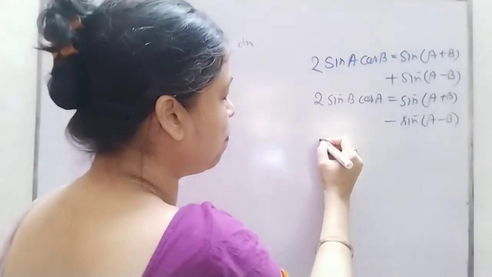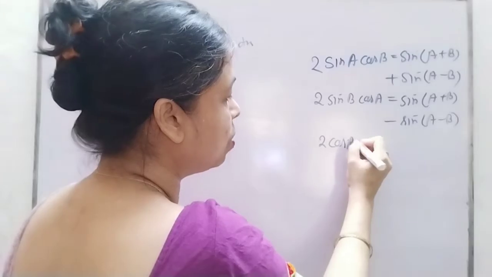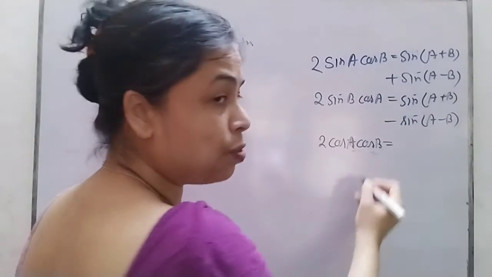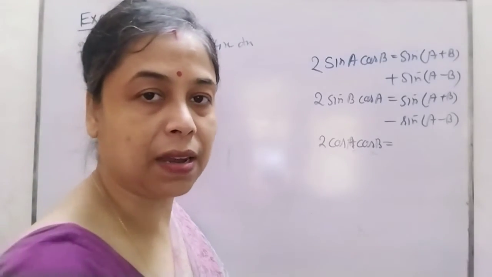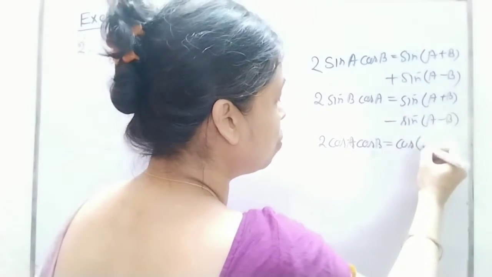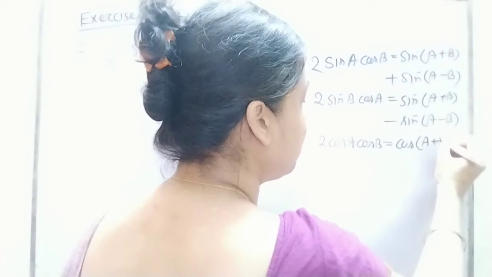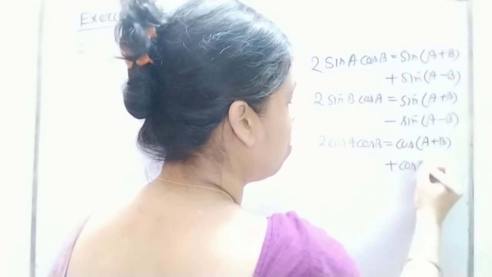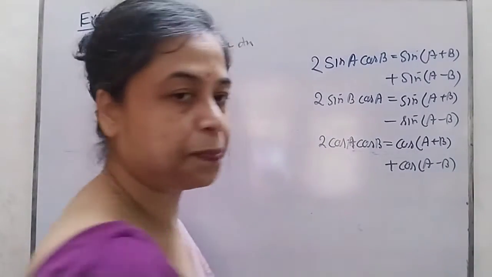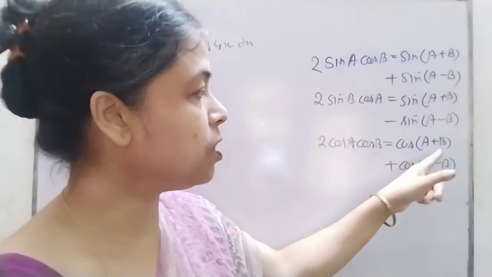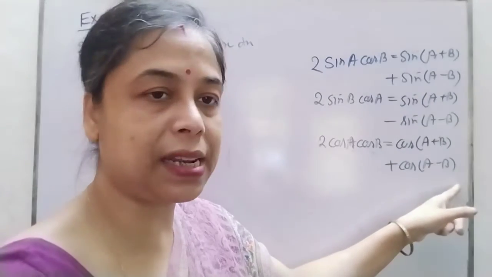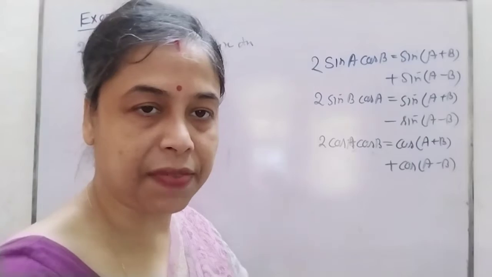So here also if I have both of them cos A cos B, what to do? You have to use the formula for cosine. When there is cos and sine together will come when cos is there. So cos of A plus B plus cos of A minus B, this formula. Because you have cos A cos B minus sin A sin B, cos A cos B plus sin A sin B. Sin A sin B cancel out and this is left.